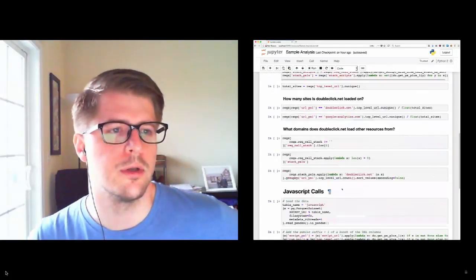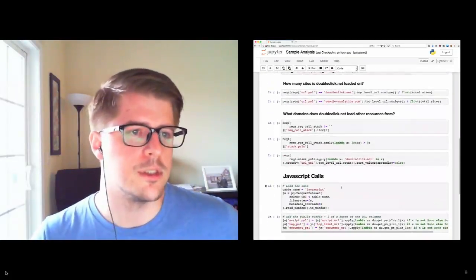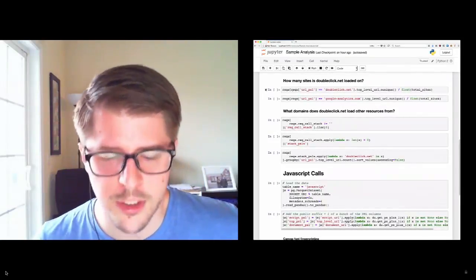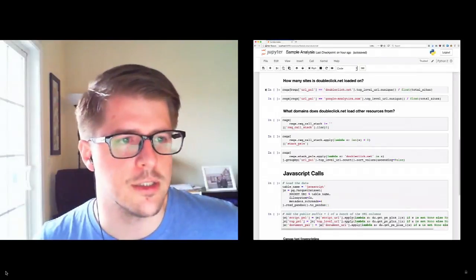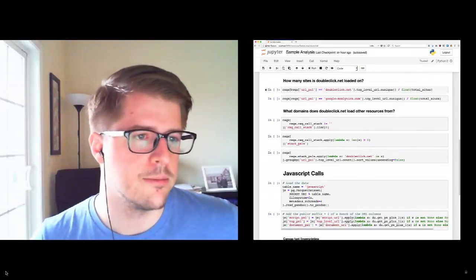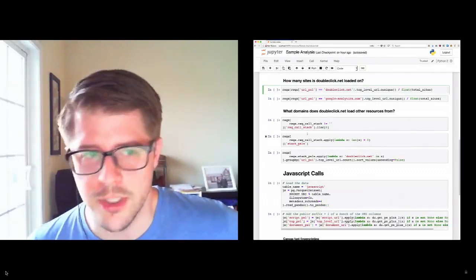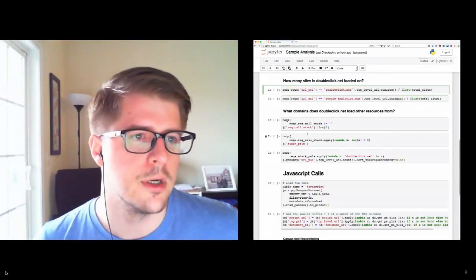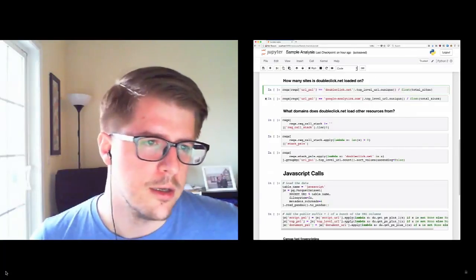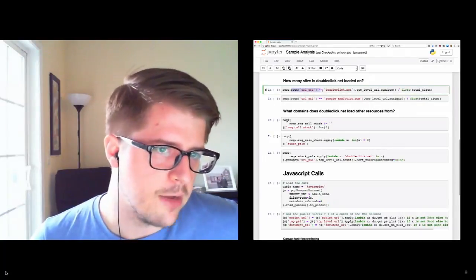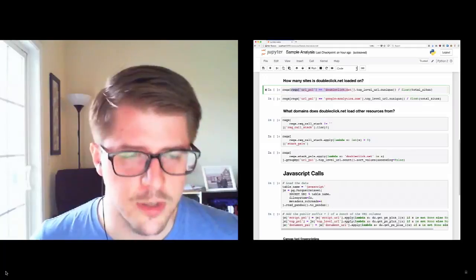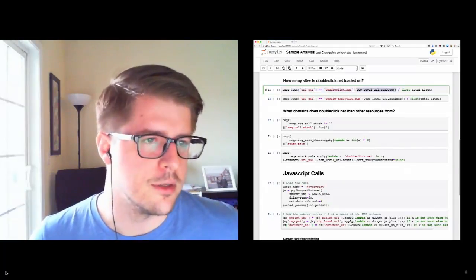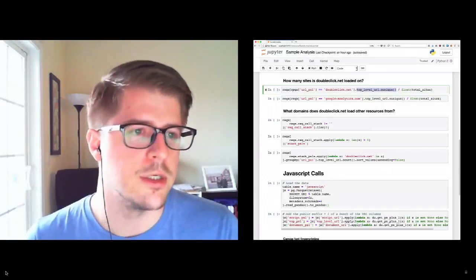But here's what I wanted to show. Now that we have all of this data loaded in, and we have all the HTTP requests for the 20,000 sites that we visited, let's say I want to answer a question of how many sites DoubleClick is loaded on. It's super easy to do. Right? You can just say, give me all the requests that have a public suffix +1 of DoubleClick. Tell me how many unique top-level URLs it's loaded on. Right? And then we can see it's something like